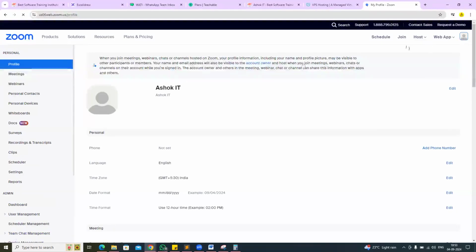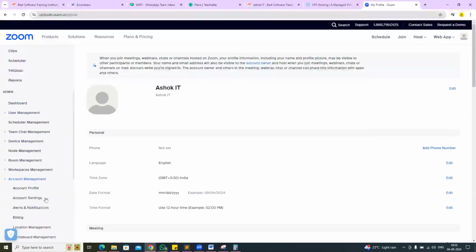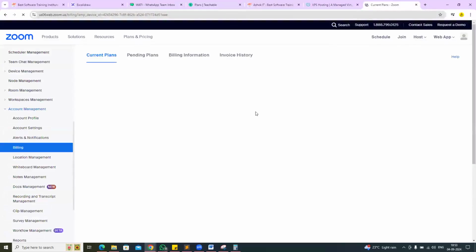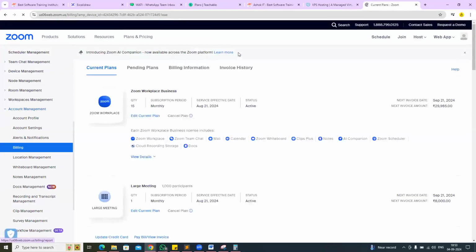Here the Zoom billing will be available. Account management, billing. If I don't pay 45,000, the Zoom license will not work. Zoom is doing one business, so to run my business, I need to go for Zoom. To conduct the Zoom classes, I have to pay money for Zoom. So my current plan in Zoom, if you see my invoice history in Zoom,